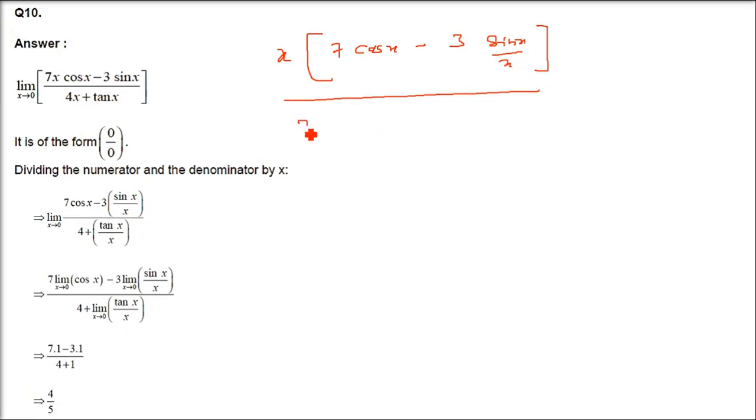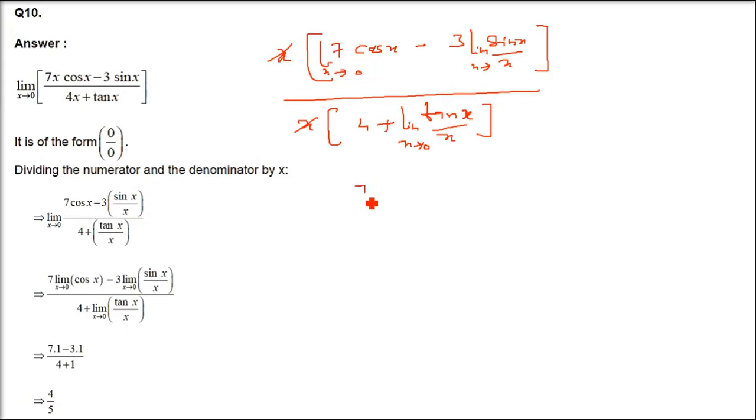Here also you have x common, so you have 4 plus 10x. So you can divide both numerator and denominator by x, or you can take x common. X gets cancelled. Now with this, if you apply the limit, you are applying the limit to all the terms. Limit x tends to 0. Here also limit x tends to 0. Constant doesn't matter. Limit x tends to 4 I am not applying. And here I am applying limit x tends to 0.